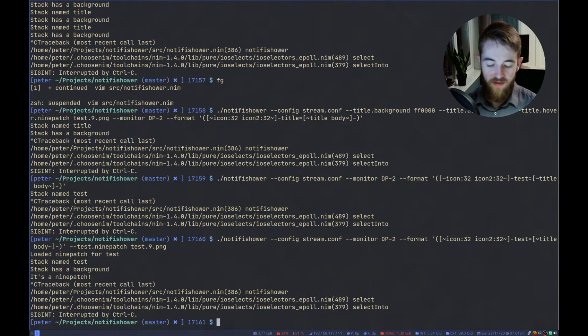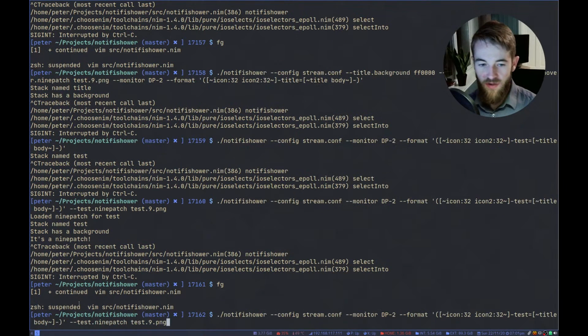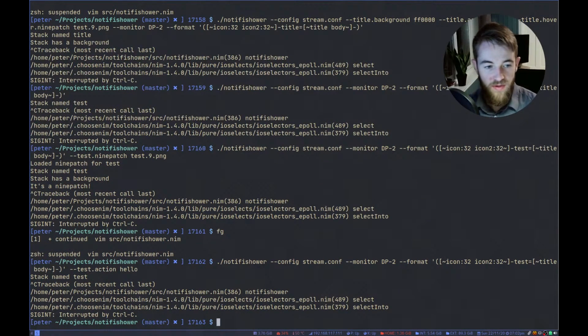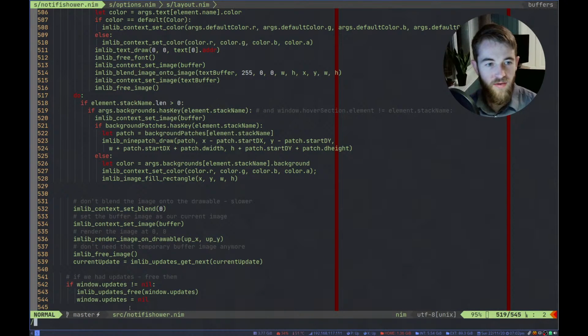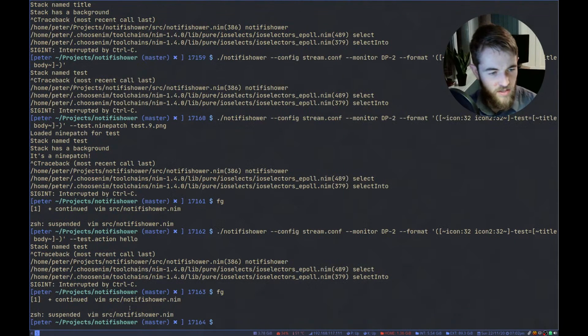I kind of want to also give it the ability to hover. So I want to be able to say test.action, something like this. And as you can see, it allows me to, where is that echo coming from? What was the message?